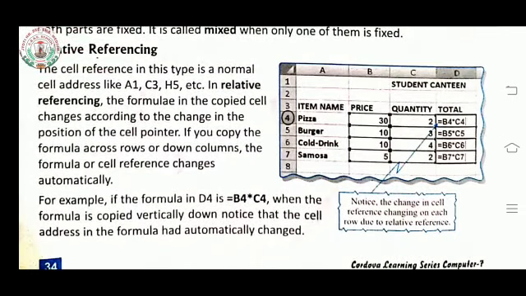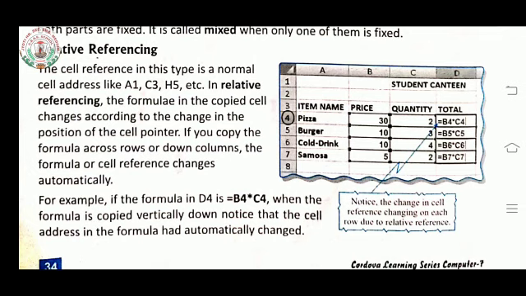So in relative referencing, the formula in the copied cell changes according to the change in the position of the cell pointer. Wherever you keep the mouse pointer, it keeps on changing. That is called relative referencing.